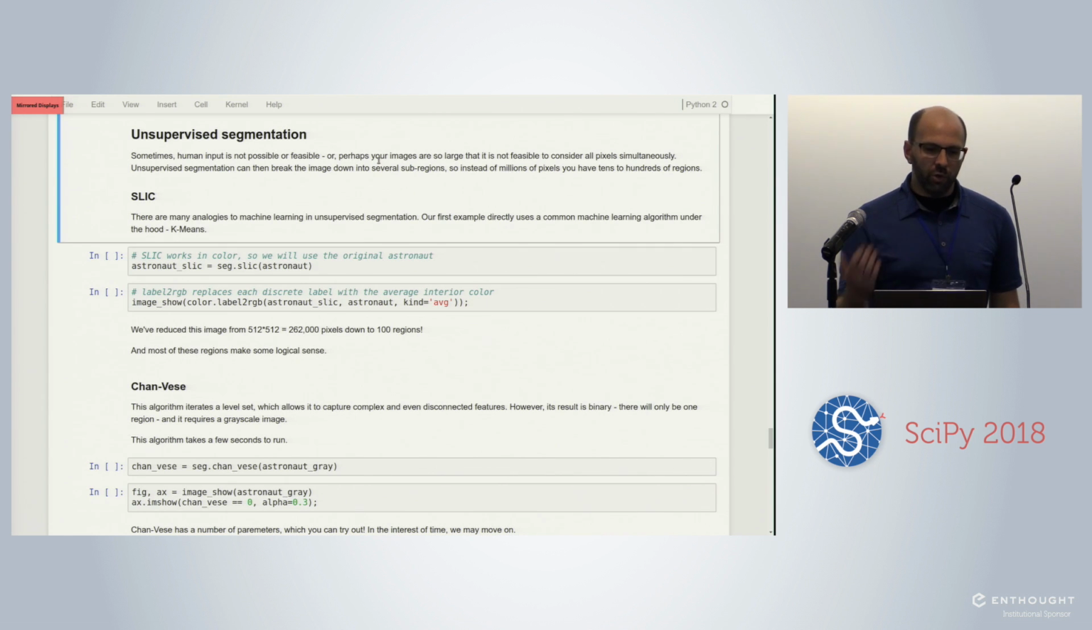So we're just not always able in our analyses to have the luxury of a human looking at an image and interactively saying, this is where you want to start, this is where you need to go. And so we have a number of algorithms available. A lot of them are based on, and there's a lot of correlations here to machine learning, including this one. So SLIC, which stands for,